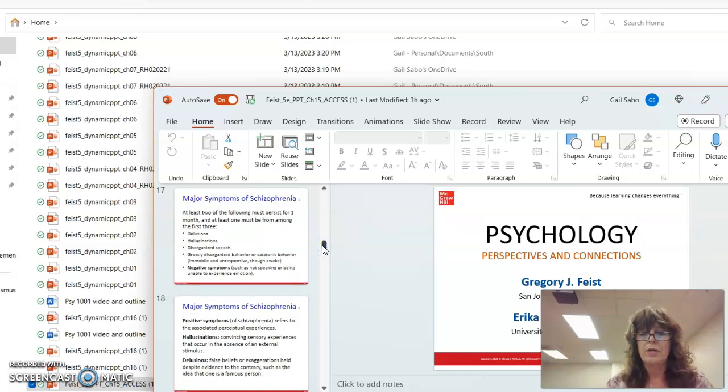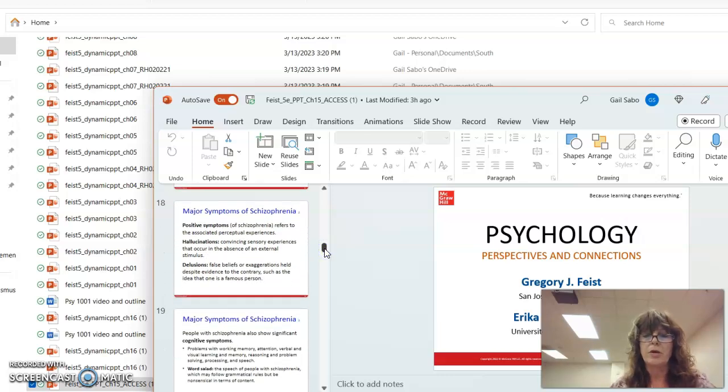There's a very clear diagnostic criteria there. You can see here they have to have at least two of the following for at least a month, including delusions, hallucinations, disorganized speech, disorganized behavior, not being able to speak. So a whole variety of things that they would be suffering from. This is different than a psychotic episode induced by drugs or something like that. That would not be schizophrenia. This is in and of itself. We do see genetic markers within certain families, and it does reoccur. We have active phases, and phases where they're less active. It usually occurs in young adulthood when we start to see the first symptoms really come out.